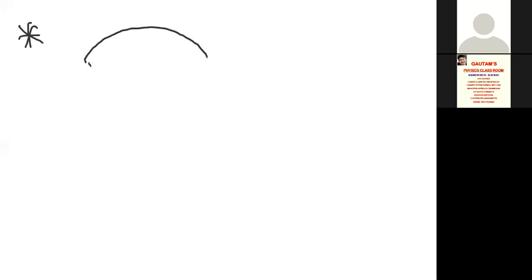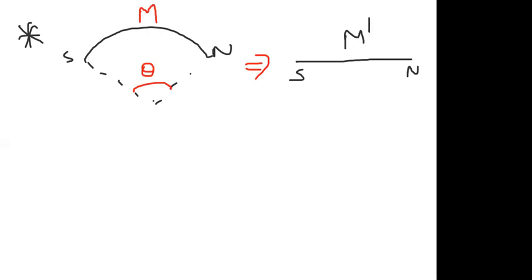Now this is the magnetic moment we have to find. Initially, the magnet is in the form of an arc. Initial in the form of an arc means the magnetic moment M, subtending angle theta. Now, it is made into a straight magnet, south north. And the new magnetic moment here is M dash.